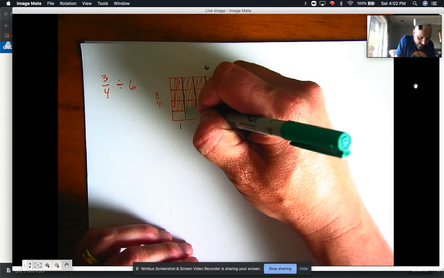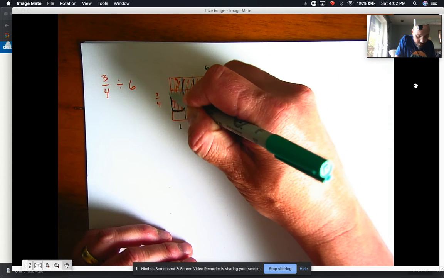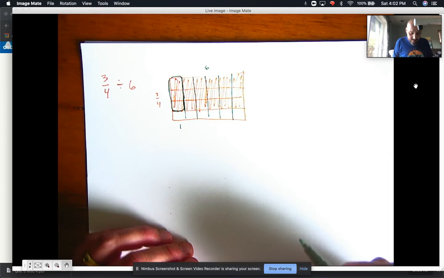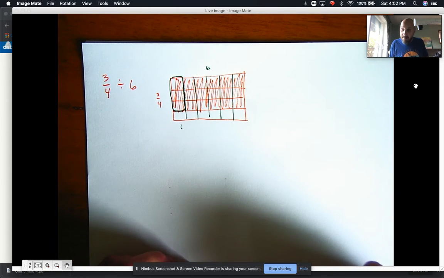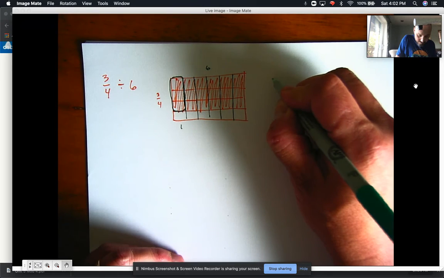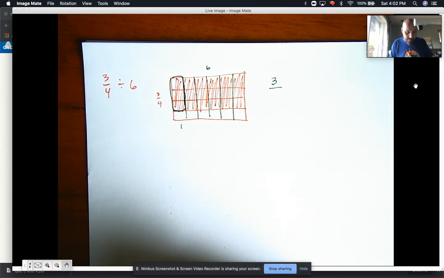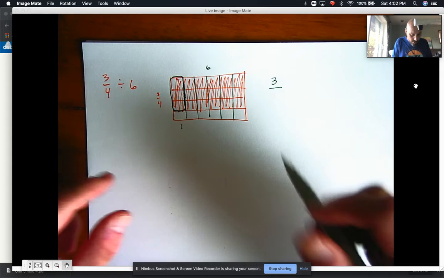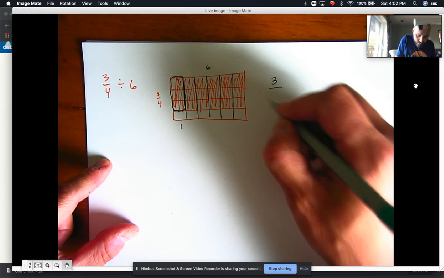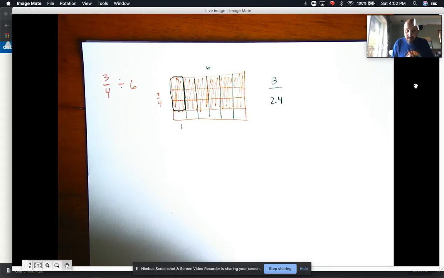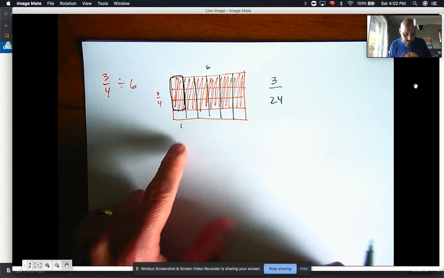So this person gets these pieces right in there. So they get 3 pieces. Not bad. Not bad at all. Out of how many pieces? How many pieces do they get? Or how many pieces were there total? Let's see. 4 times 6, there were 24 pieces. So that friend, this first person, gets